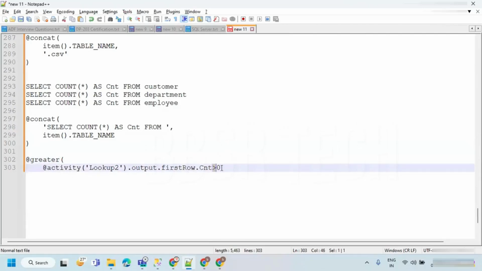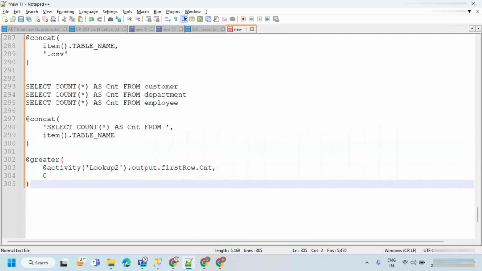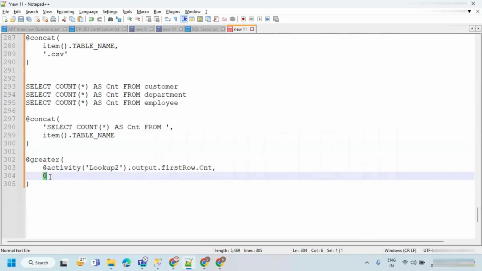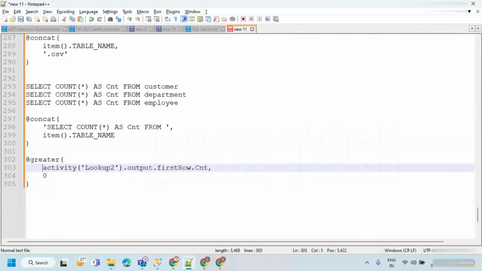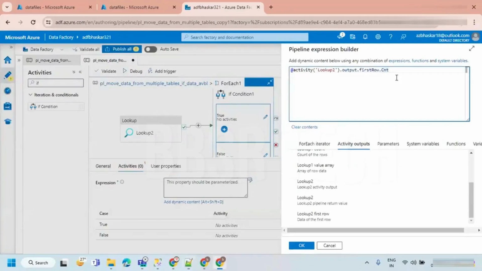So we are not going to use this greater operator. You have to use a greater function and close your greater function. So greater than 0. If this column value is greater than 0, then it is going to return true. Let's take out this at and copy this, and I'm just going to write this entire expression here. So greater is equivalent to greater than operator.